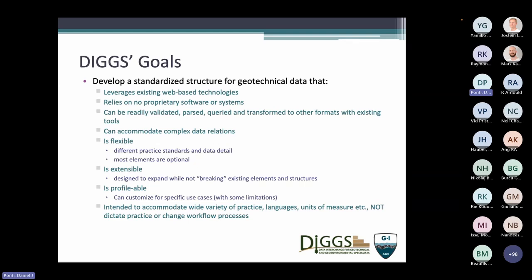We wanted to be able to accommodate more complex data relations. AGS's simplicity also has some limitations. We wanted something that was flexible enough that we could accommodate different standards of practice and data detail. And so most elements are optional. There's a lot of stuff in DIGS that you don't need to use, but it's there if you need it.